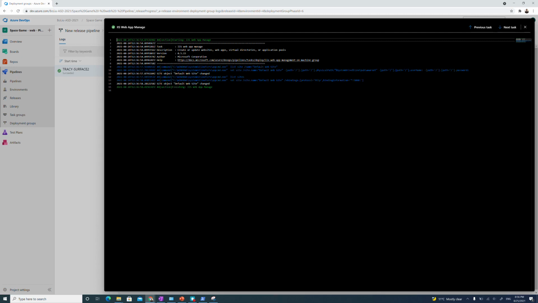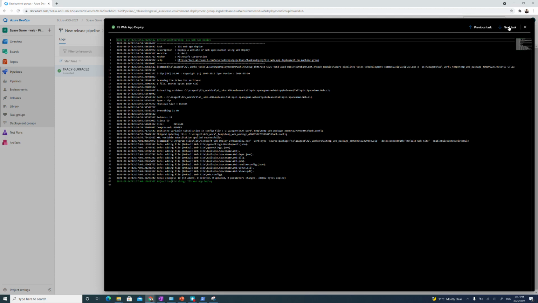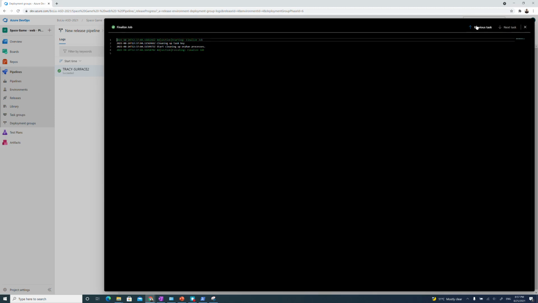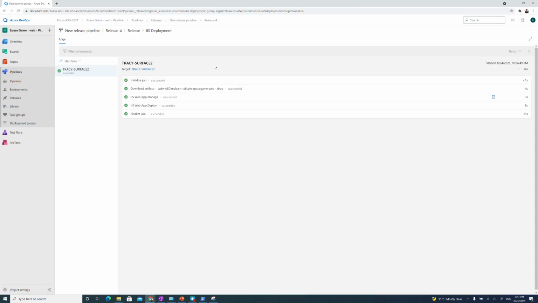For the example, what has this done? Next task is web application deploy and finalize the job. So what this release pipeline does is basically download this artifact from your previous build and deploy it to your local machine, because I have set it as a deployment group version in this pipeline. And then if you now check your own machine,